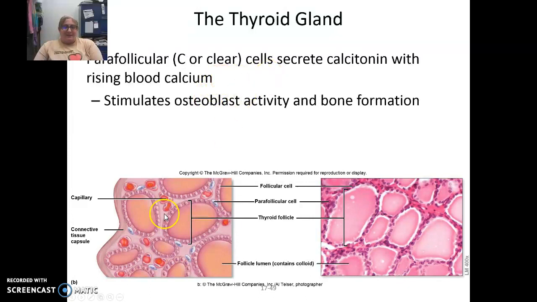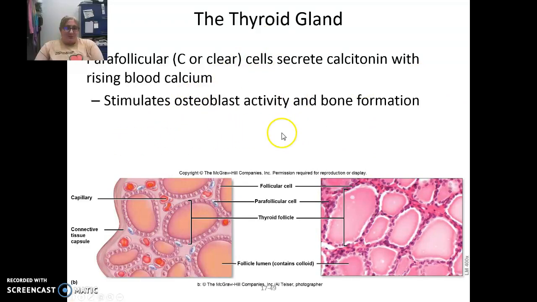The parafollicular cells, so these are the cells in between the follicles, produce a hormone called calcitonin. Calcitonin is secreted when we have high blood calcium levels. And what it does is it stimulates osteoblast activity. So do you remember what osteoblasts do? Think about it for a second. They're little baby bone cells that produce bony matrix. So they're going to form bone and take calcium from the blood